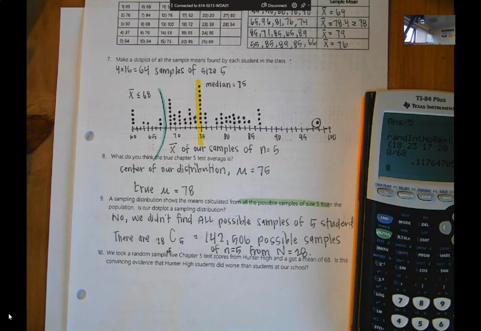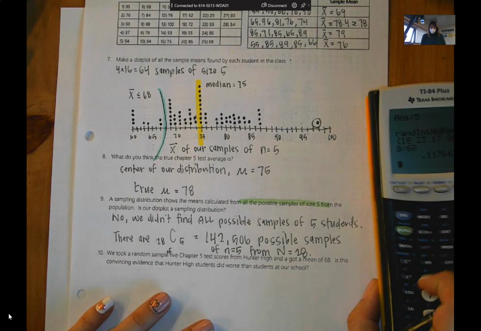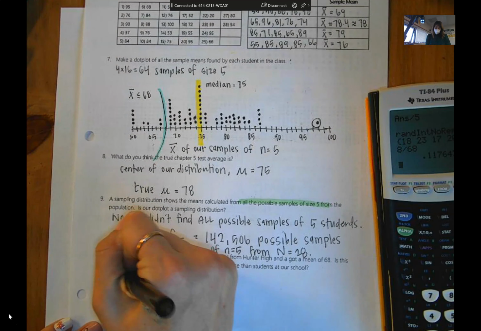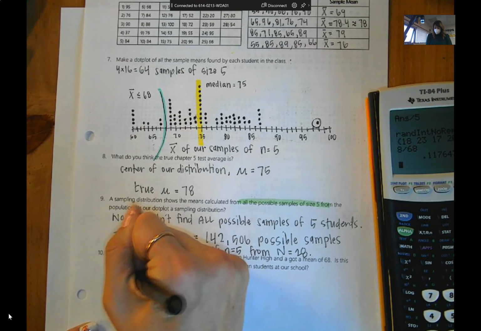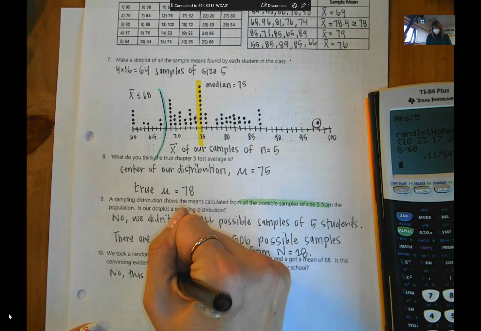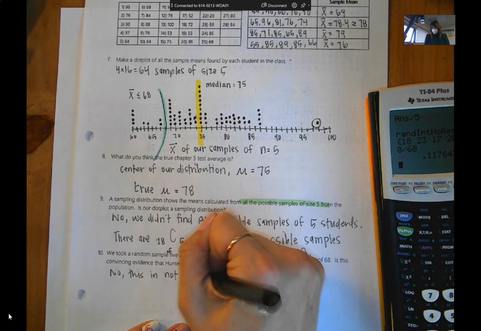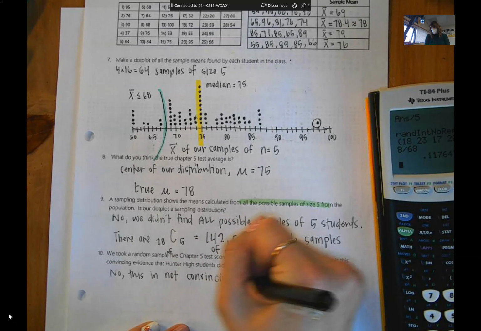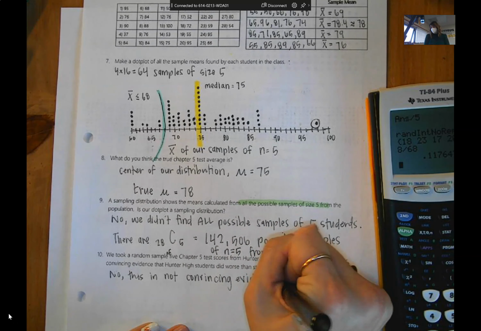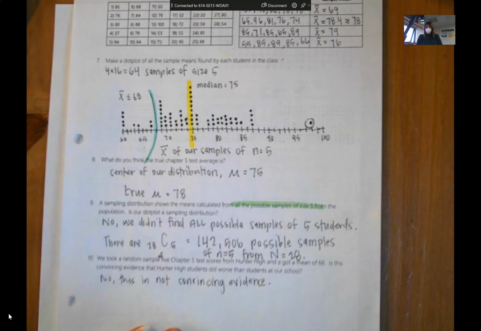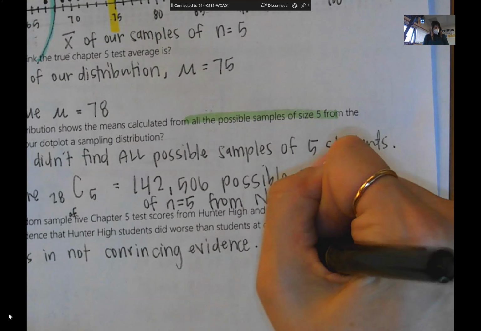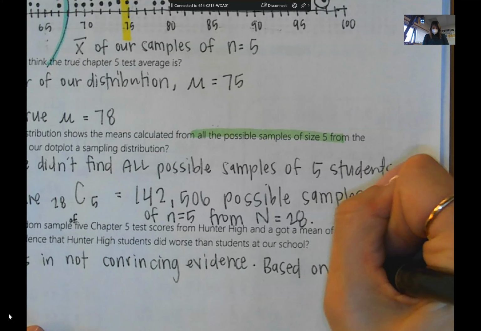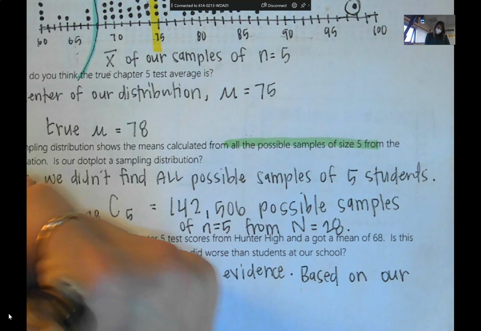Are you sure? Okay, so let me show you how you would write this out for an answer. So the claim, well, let's not go that far. Let's just say, no, this is not convincing evidence. Then we want to reference how we came to that conclusion. Based on our distribution,